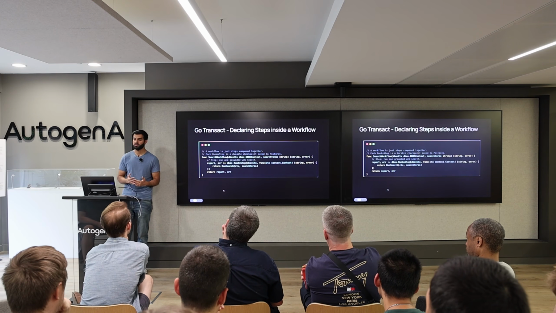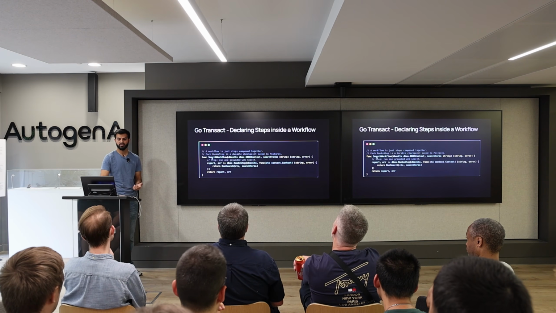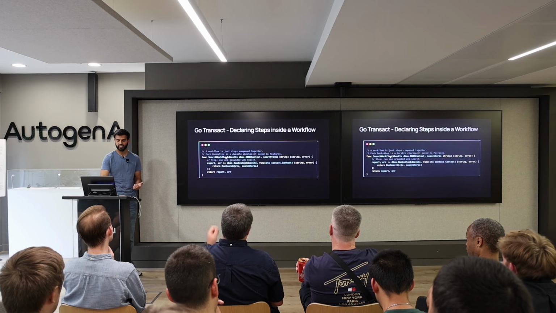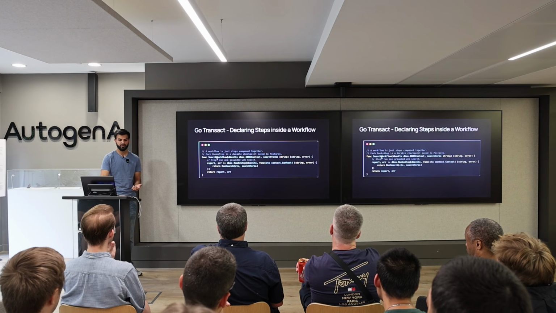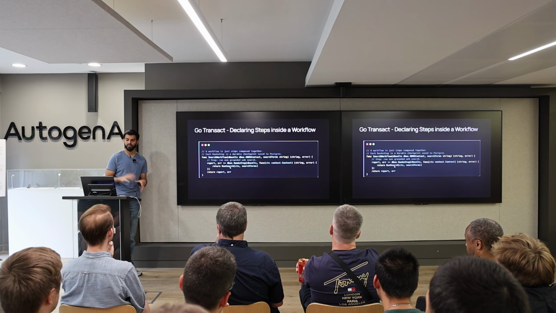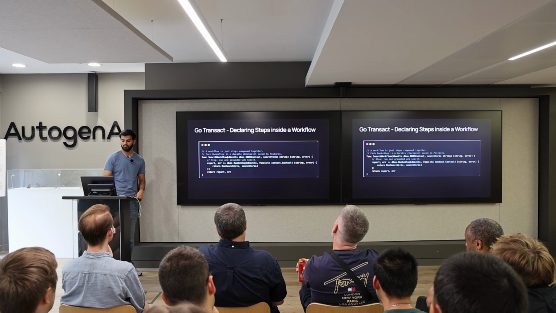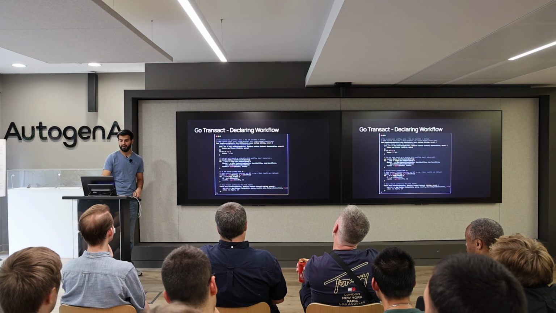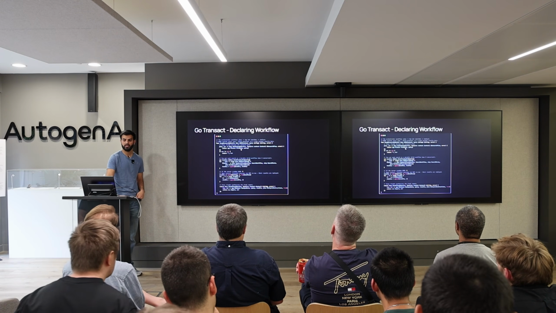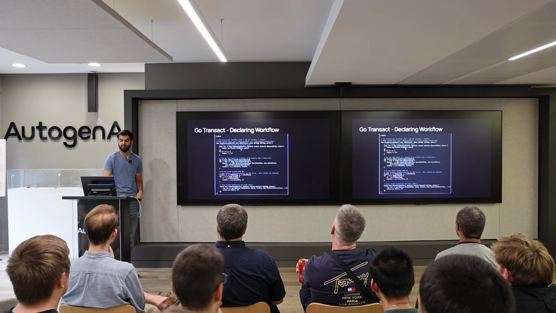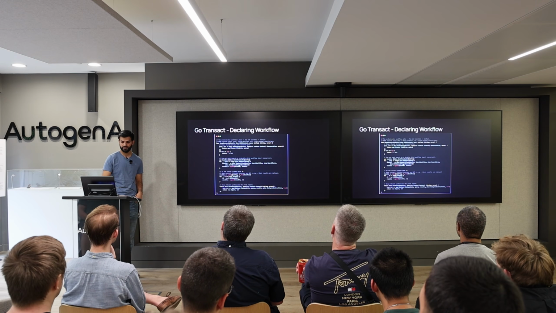And then how do we convert steps into a workflow? You basically create a search workflow function. You just have to make sure you include the DBOS context, and then you declare your step inside there, and make sure you wrap it into run as a step. And that basically turns it into a workflow. And that is the big workflow that I've got in there. That's how the deep research agent looks. Here it is doing the search bits, and it's fanning out.